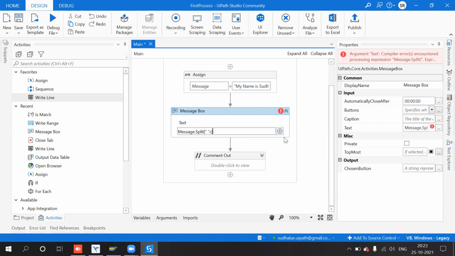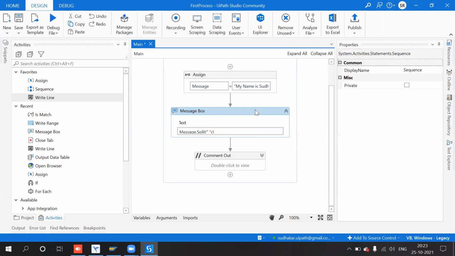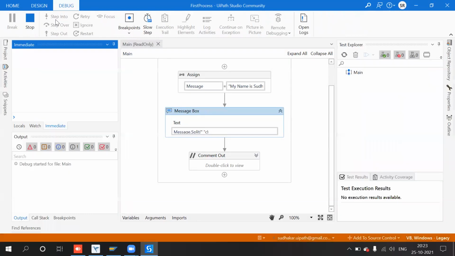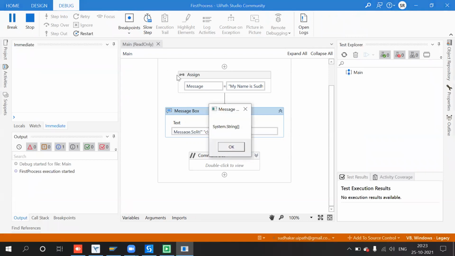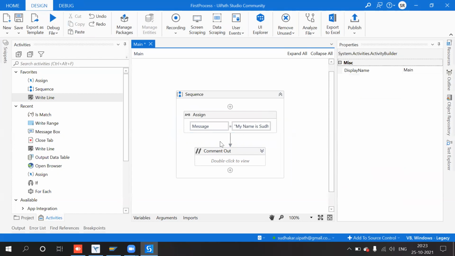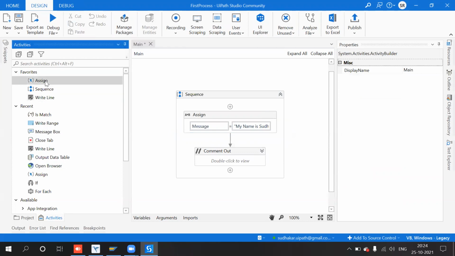Okay, so now we will see. Okay, so we got system.string because it will store the data in some other format. So for that we have to use one more assign.